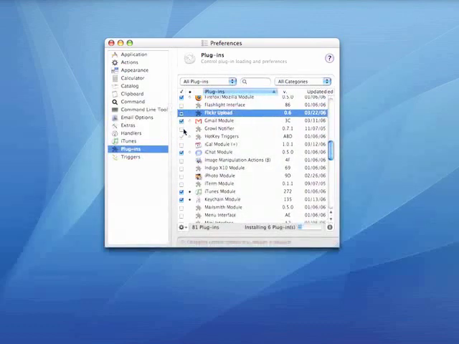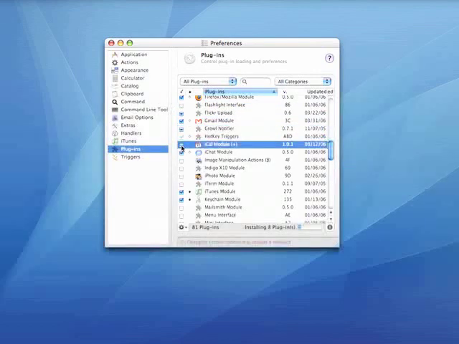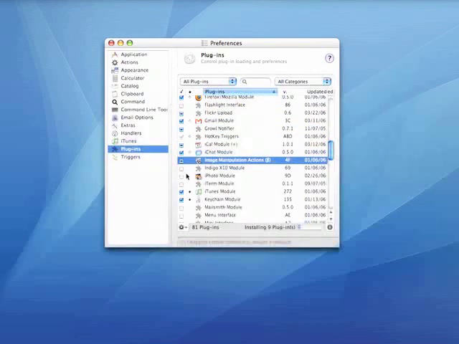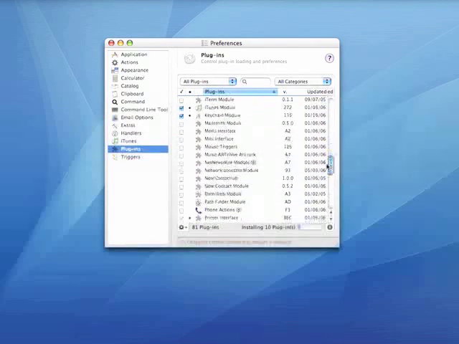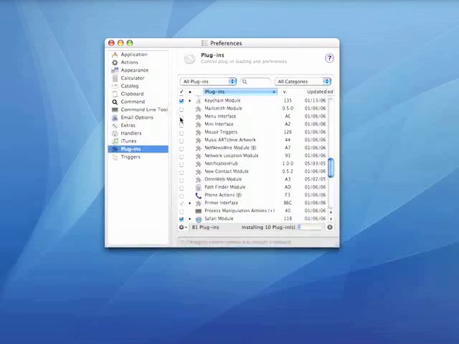The Flickr upload is pretty cool if you're a Flickr user. Growl notifier. iCal module. Image manipulation actions are great. iPhoto module. Next, I'm going to use the mouse triggers module, and network location module, notification hub, phone actions,